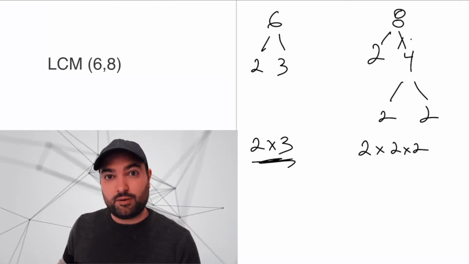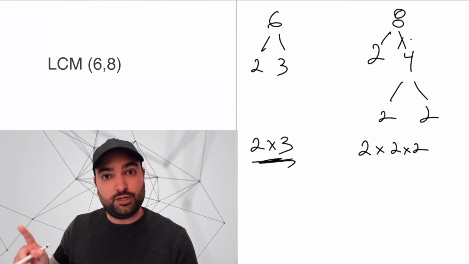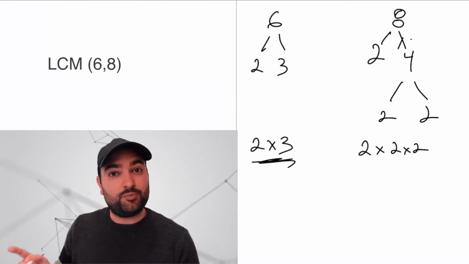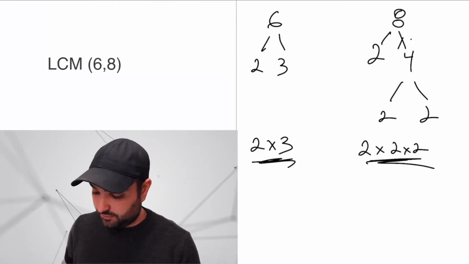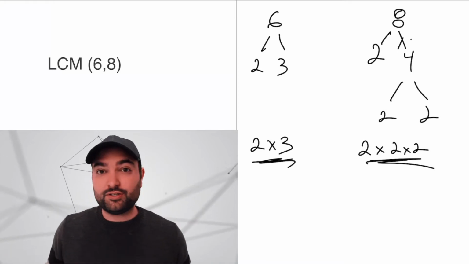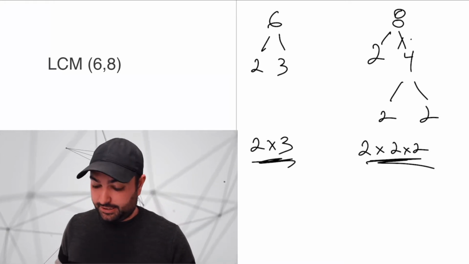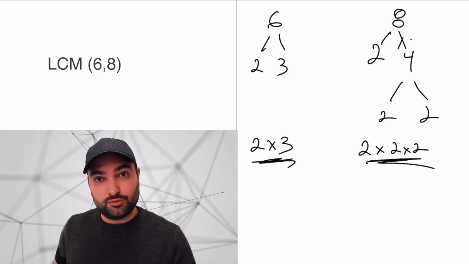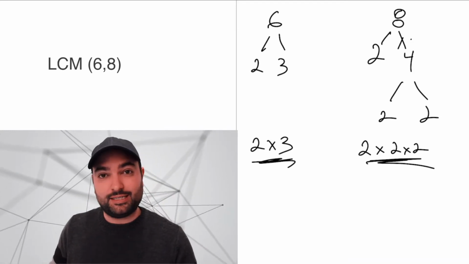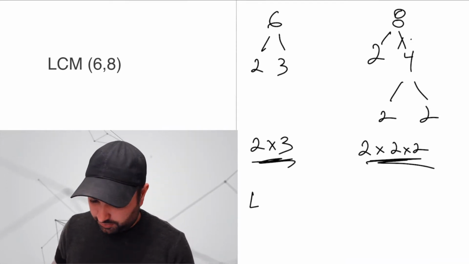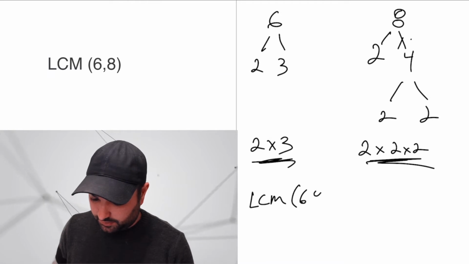Likewise, if the number has prime factors 2, 2, and 2 in it, then we know it will be a multiple of 8. So all we need to do is find the smallest number that has 2, 2, and 2 as its prime factors, and we need to have a 3. Our least common multiple of 6 and 8